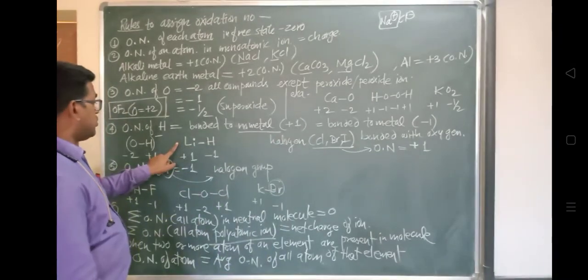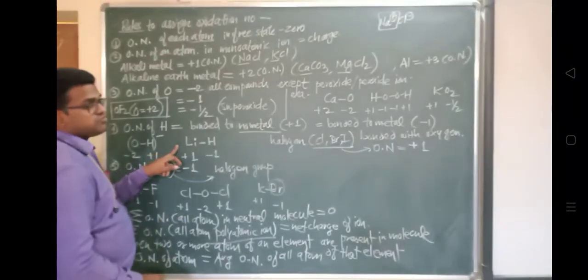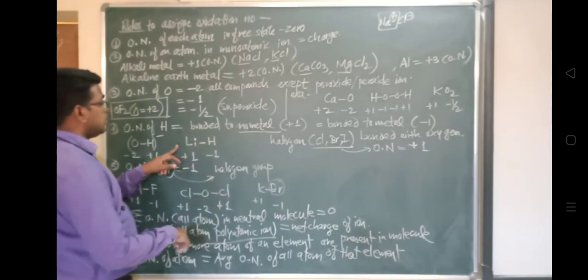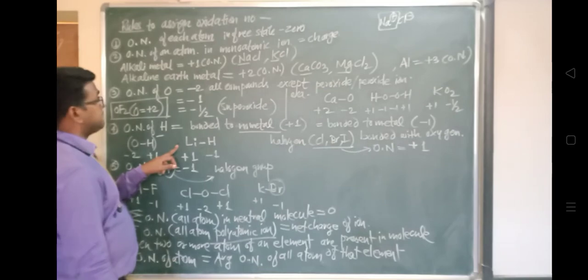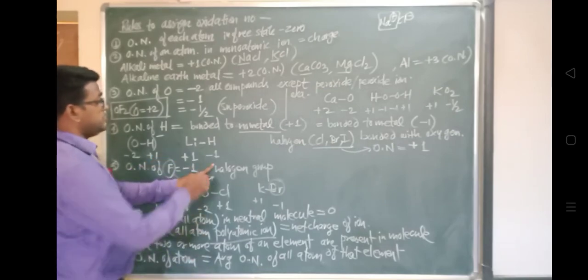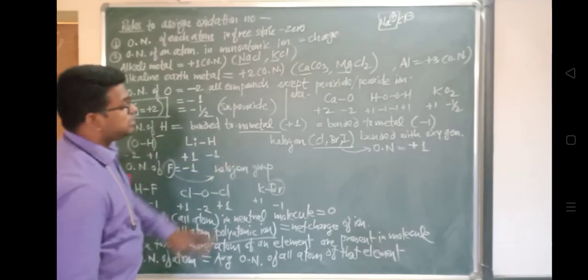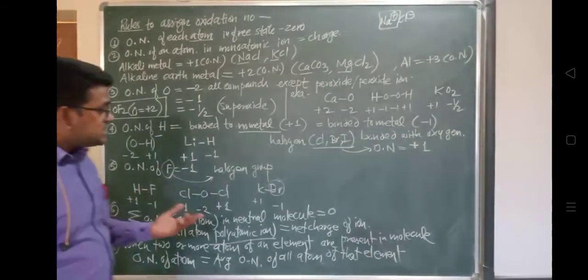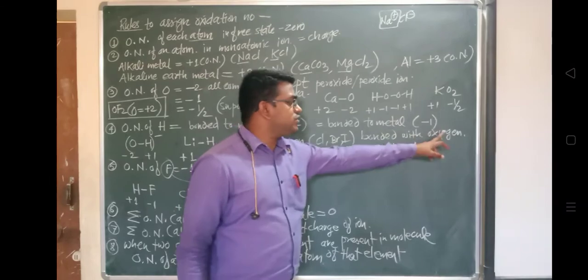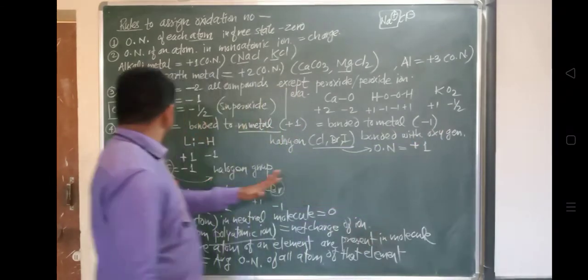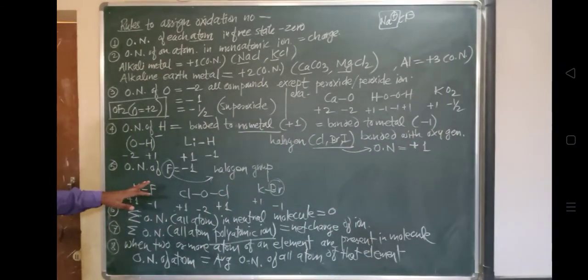Okay, so in case of lithium, which also has one valence electron, here the oxidation number of lithium is +1, and it shows -1 when it is bonded with a metal. Another rule is that halogens like chlorine, bromine, iodine, when they are bonded with oxygen, show +1. You can see this with the help of this example also.